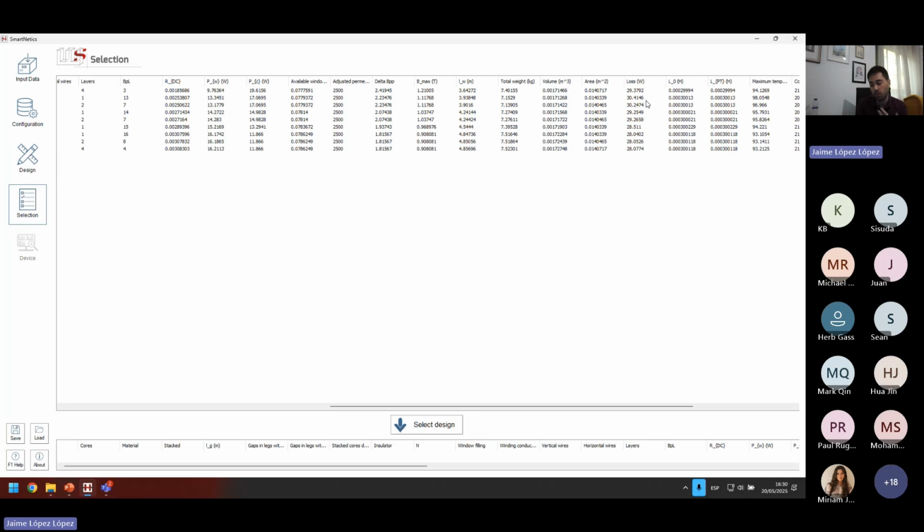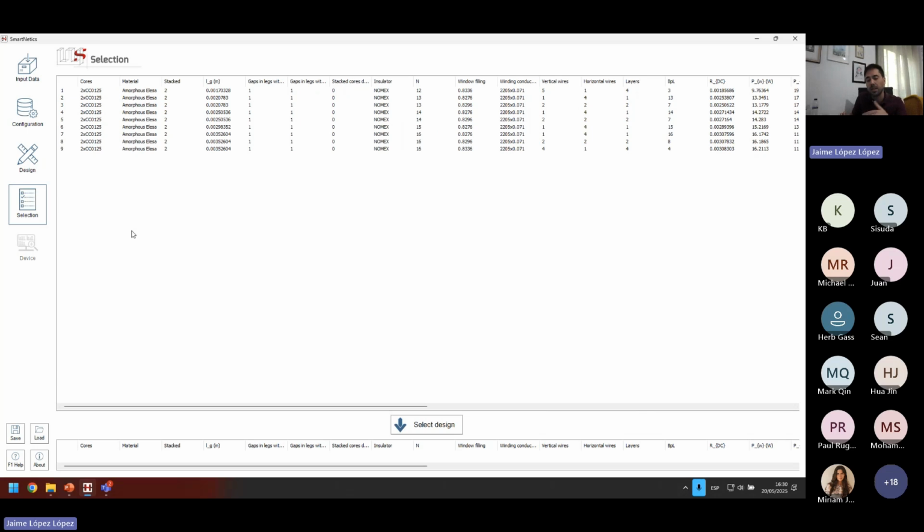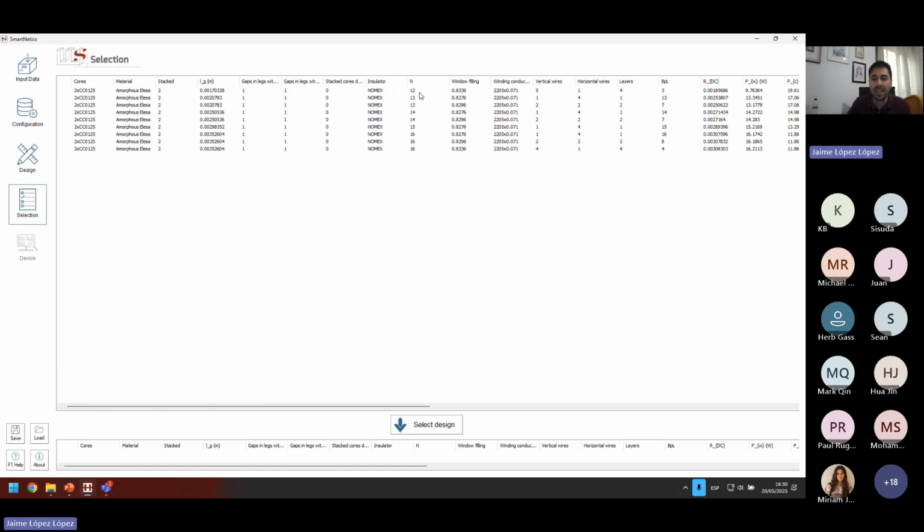And other tools or other procedures will only provide one. But the good thing about here is, even though they are the same in some aspects, they can have a very, very, very different impact in other variables, and they may be way better for you in your particular project. In this case, for example, as you can see, the highest difference between them is the number of turns.